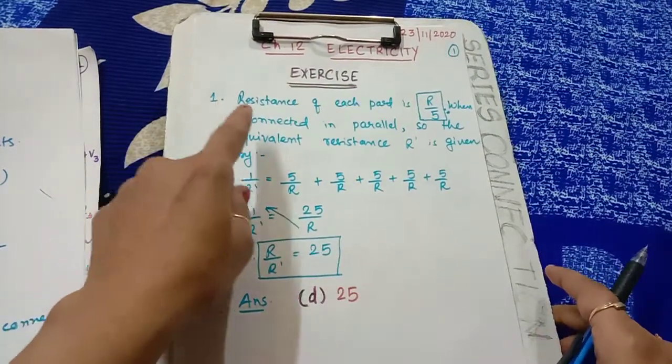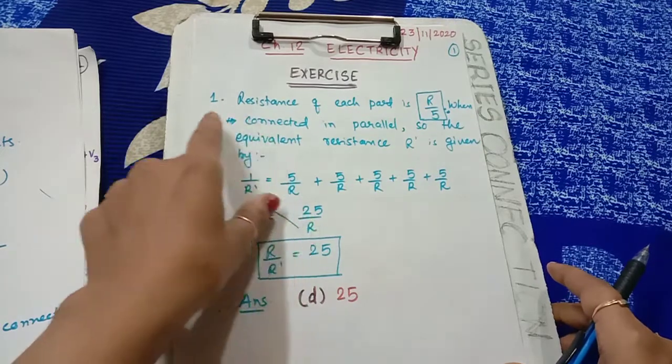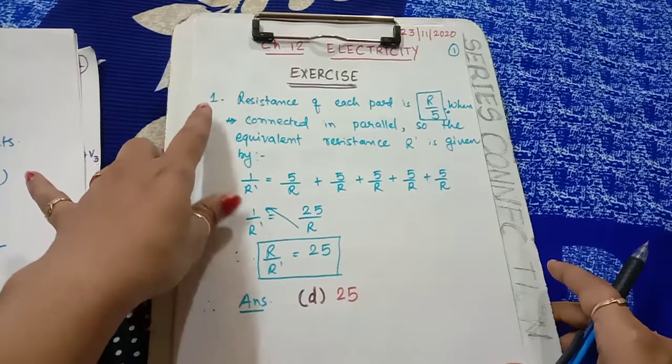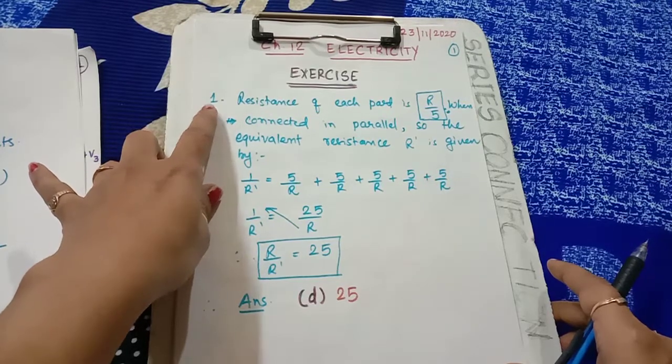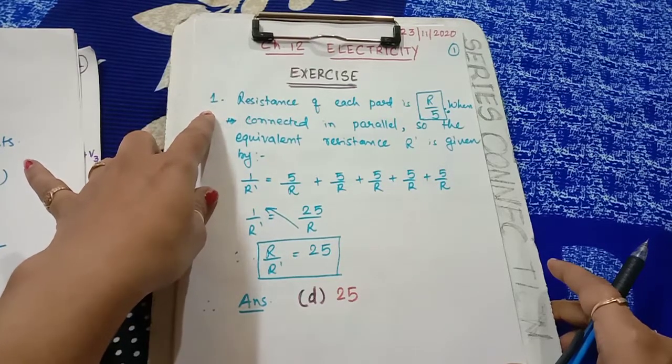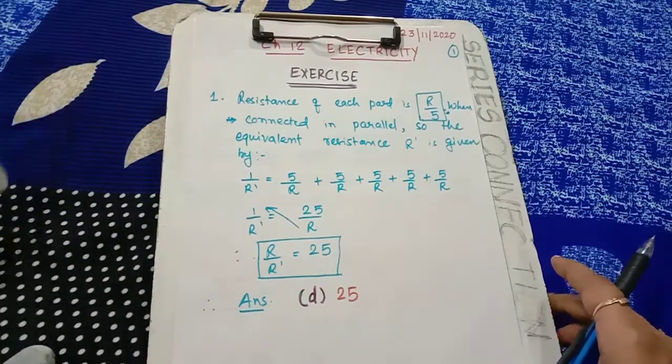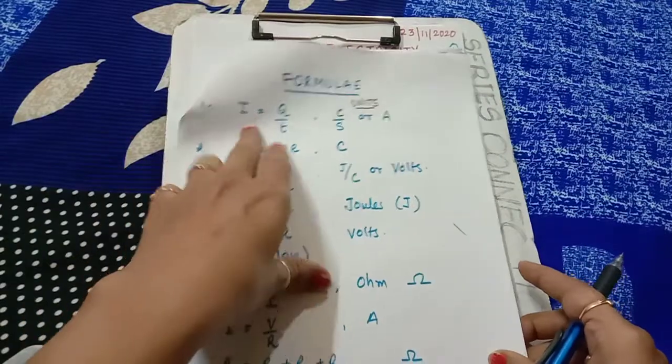Now today we are going to start chapter 12, electricity, exercise question answers. Already we have finished the in-text question answers. So school is not going to start. I thought of taking it in school, but let us try in this, and if you have a doubt you can ask me. First let us go for formulae.